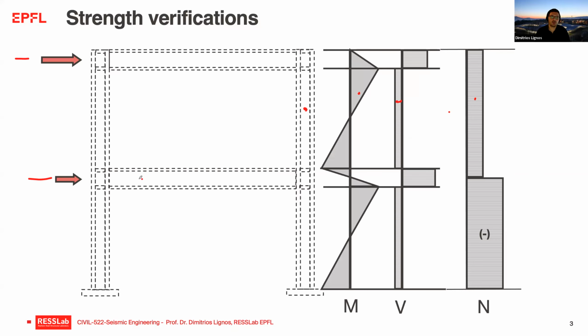If we go back here and we look at the beam, of course, if we think about the moment diagram in the beam, it's going to look like this. And of course, here where I have the location of the maximum moment, another strength verification I have to do is to ensure that the flexural resistance of the member I'm picking here is larger than or equal to the flexural demand that I will have here at the end. And similarly, when I'm looking down here at the foundations and so on, I basically have to do the same. So these are typical strength verifications. However,